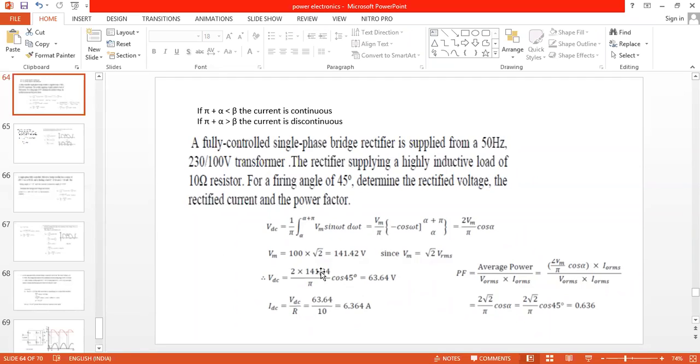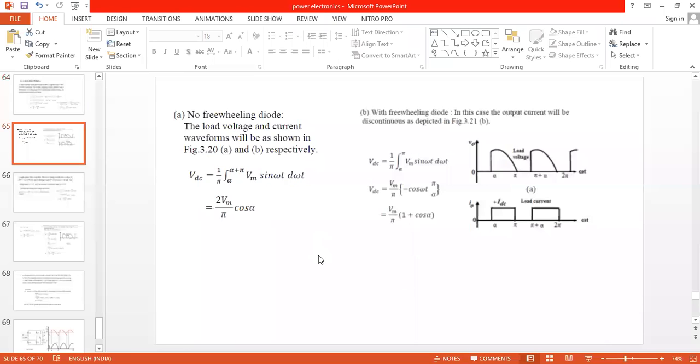So even though output voltage is less, there are certain applications where we are supposed to run the motor in upward direction and backward, downward direction. So examples are lift and electric train. So we must use this particular circuit without freewheeling diode. And wherever we require high voltage and the motor has to be rotated only in one direction, which formula can we use, which circuit, all of you? With freewheeling diode, and the output voltage becomes Vm by pi into (1 plus cos alpha).